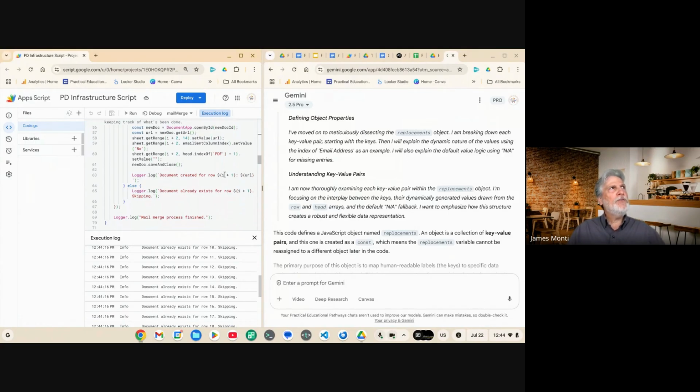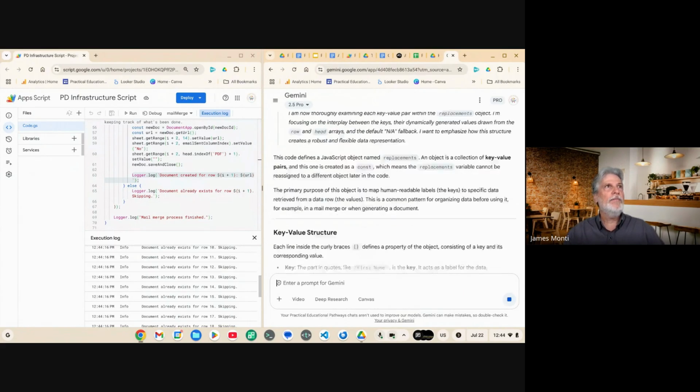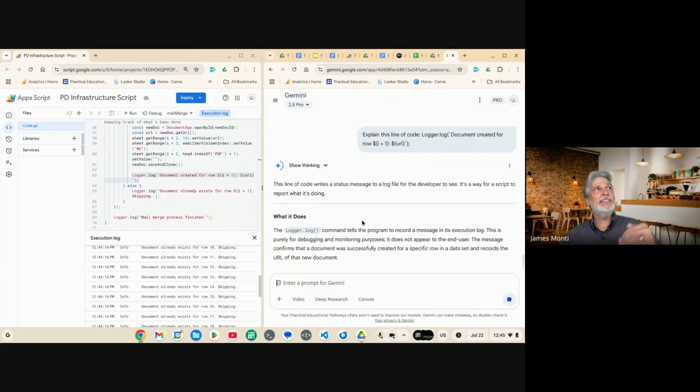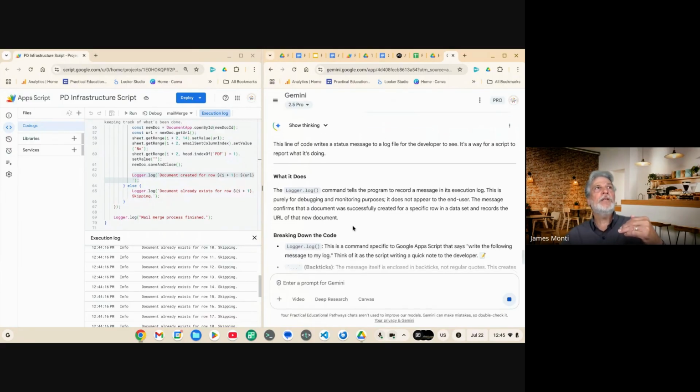And then if I don't know what this is, I can just take this information here and copy it and say explain. And it's going to really tell me that, hey, it's going to start in the first row, row 0, and keep going. And it's going to look for a document that's created with a URL in it. And that's what it says. And then it's going to let me understand